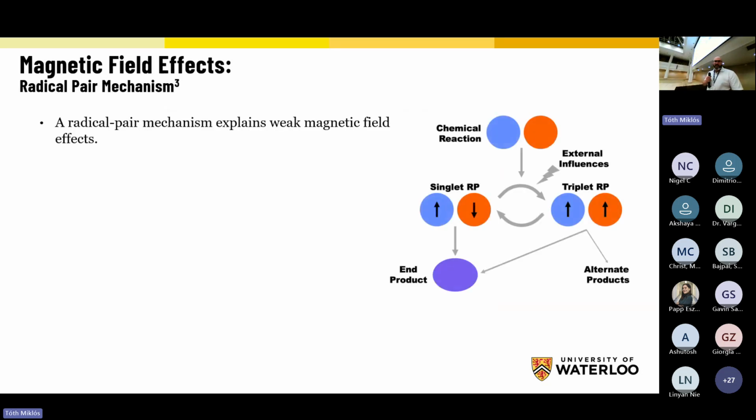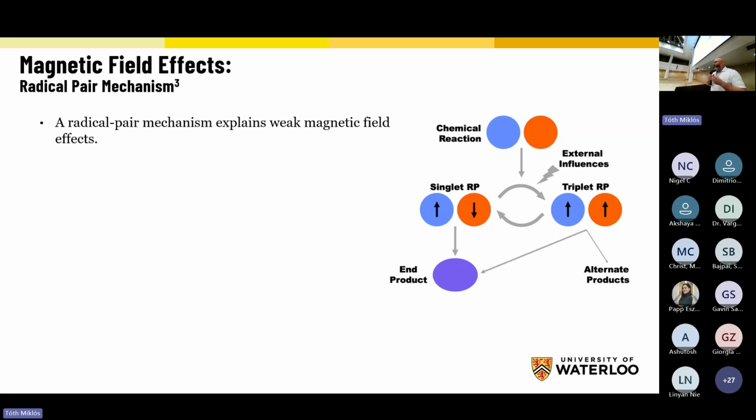So as we heard earlier, a radical pair-based mechanism is when you have some sort of chemical reaction up here at the top. And during that chemical reaction, there is a splitting of electrons such that they're shared between two chemical partners, in which case the electrons can have anti-parallel spin, which is known as a singlet state, or one of three forms of a parallel spin, which is known as a triplet state.